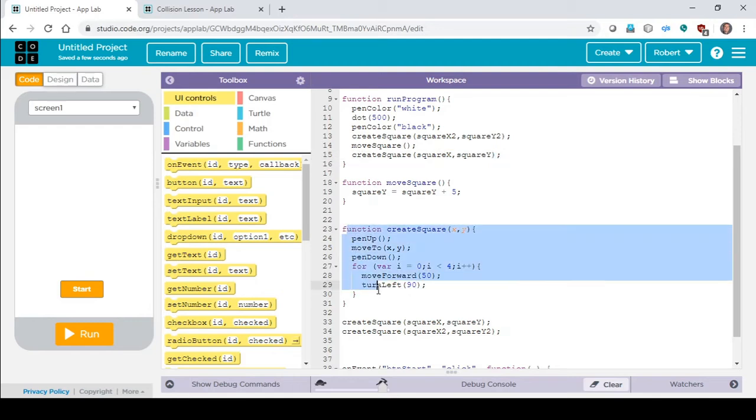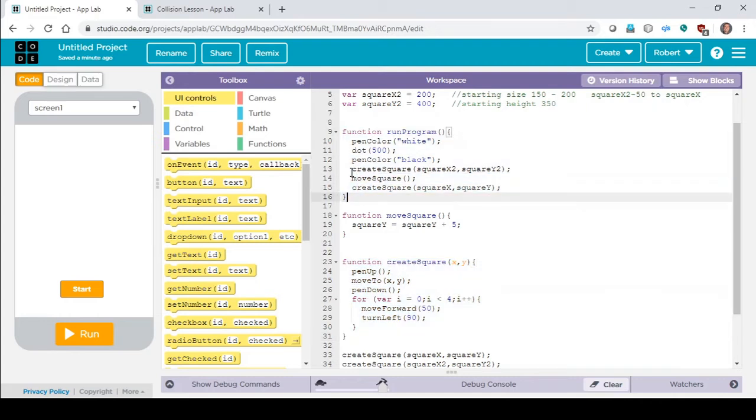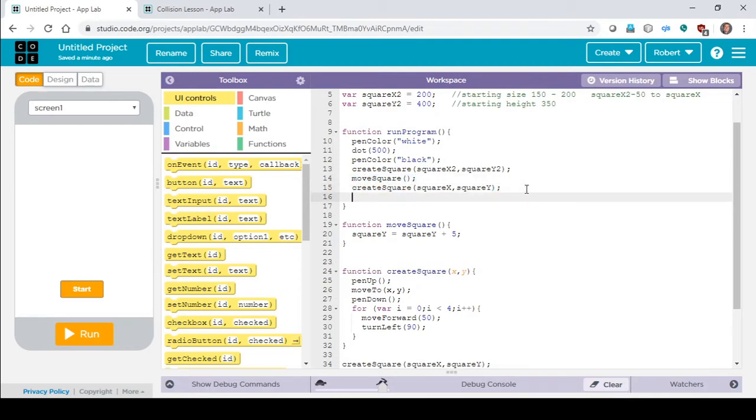This piece right here is done. So we still have our parent, and this child is actually called twice in here now for square 1 and square 2, and then we have our move square. But now we need to do our collision. All right, we're going to do our collision. Now I'm going to